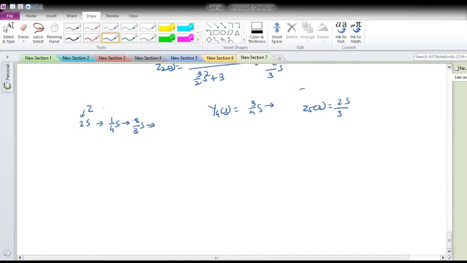Okay, so this is impedance, this inverted is admittance. Again you invert it, you will get impedance, then next you invert, you will get 3 by 4s. Okay, this is basically admittance, again you invert it, you will get 2 by 3s. And here what we observe is that you will get the remainder as 0. Okay, so this I have to realize.